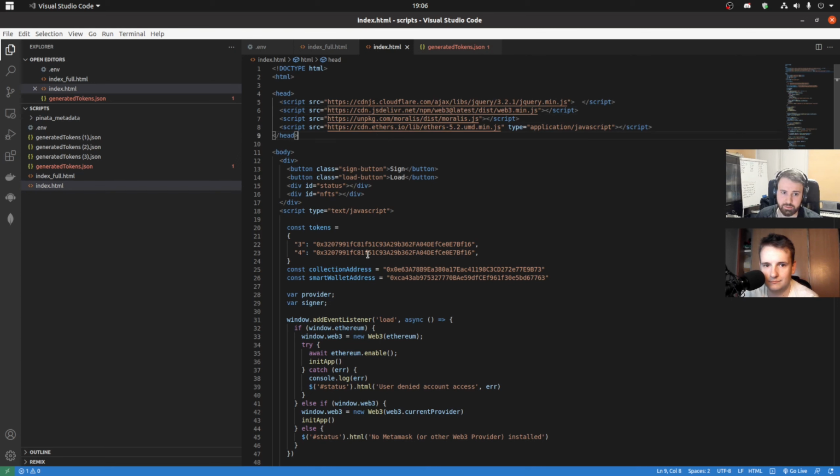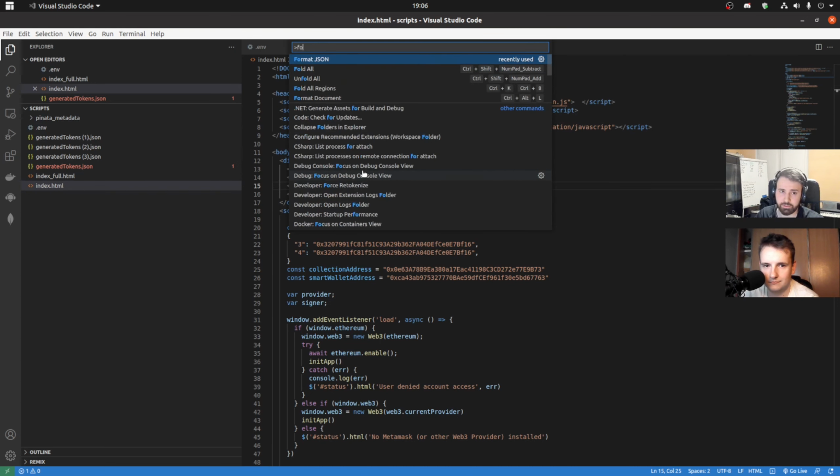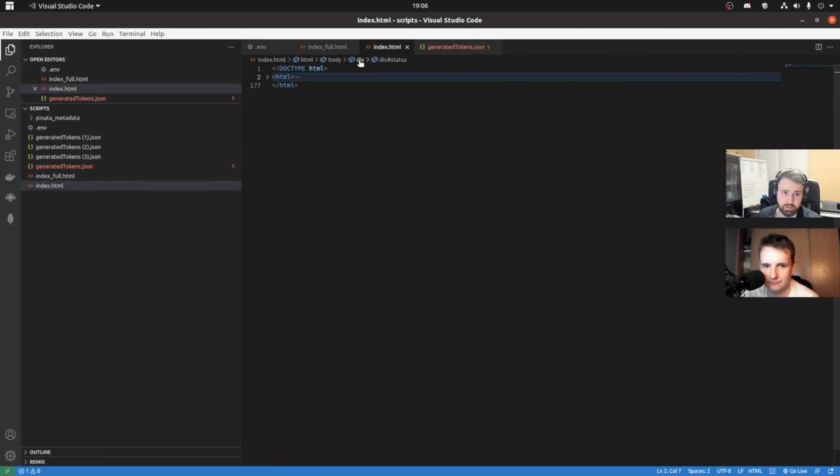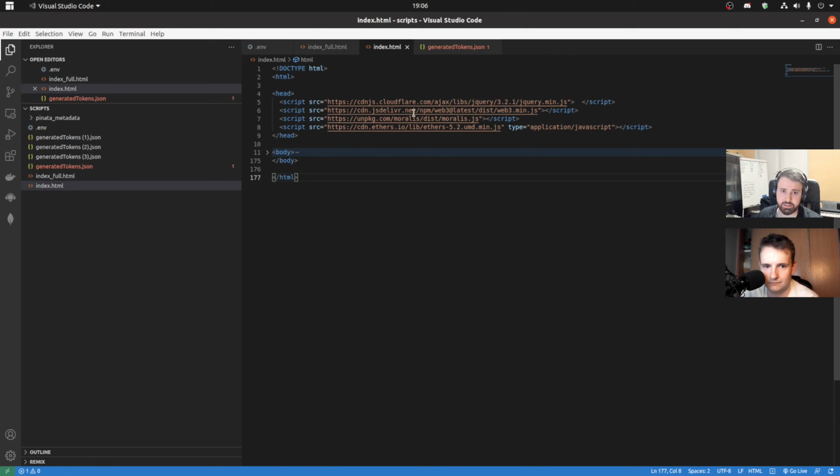But to show you how it works, I'll just fold all here, and we start in the head section, and we need a few scripts. We need jQuery, we need Web3, Moralis, and Ethers to work with our contracts, to operate on files,